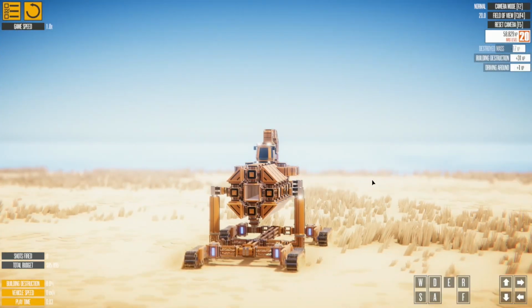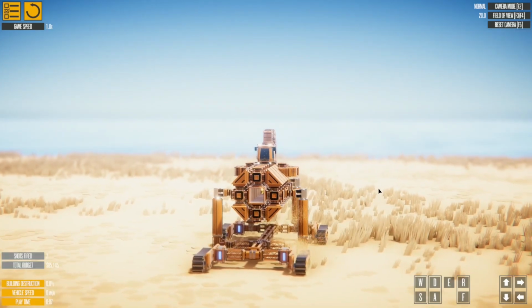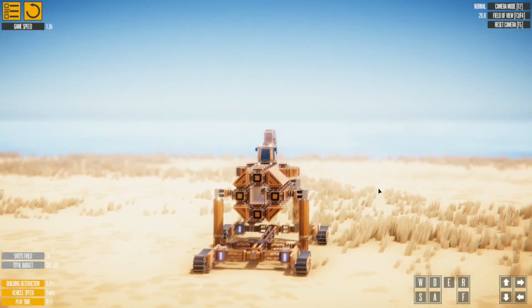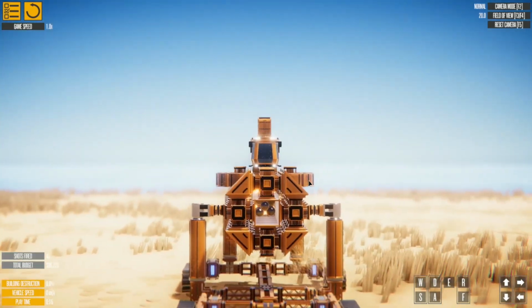We will be turning on the magnets. This time it's on R. Firing the balls into the aperture is on E. It's only firing one at a time, so I'm going to need to put in a fair few. As you can see, they're starting to make their way down